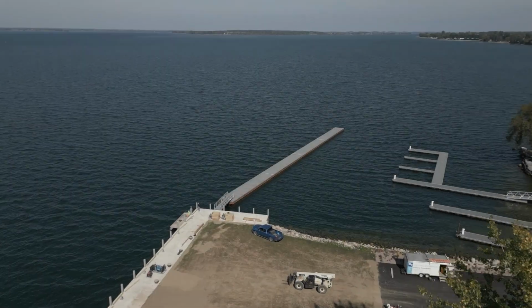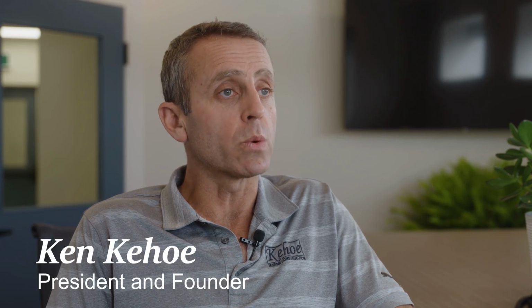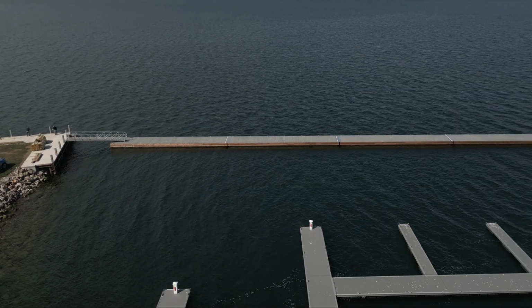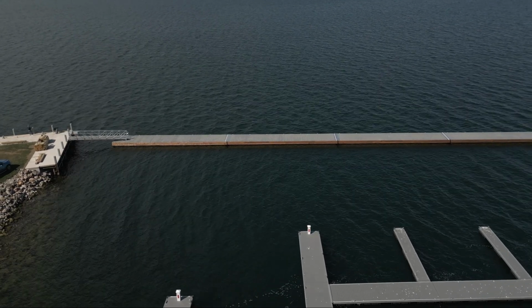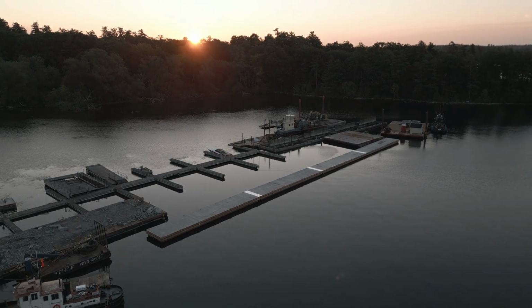So the floating breakwaters that have evolved over the years have allowed us to put marinas in locations that currently would not have been able to have one. The floating breakwaters are generally the most cost-effective product for most sites. In extreme situations where the wave climate is beyond what a floating breakwater can handle, that's where you would normally